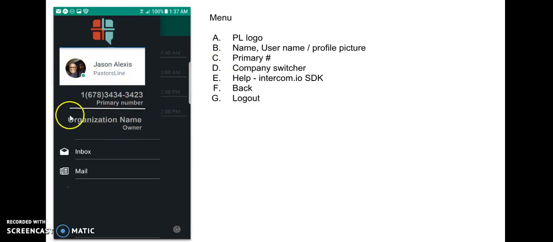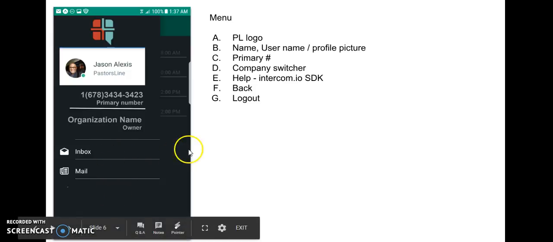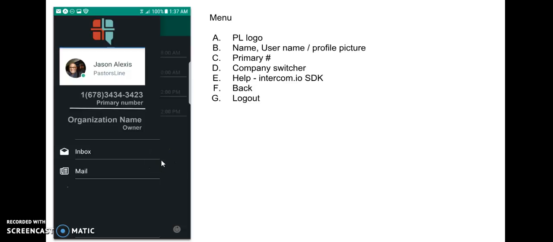There is an option that will show the organization name, and this option will also allow the user to switch the company. If the user wants to switch the organization, then he can do that by clicking on this option. And here will be a help option that will be directly connected to the intercom.io that you are using for generating notifications, as I've already seen in your bed. And there will be another option for going back and for logging out from the application. So these are the basic